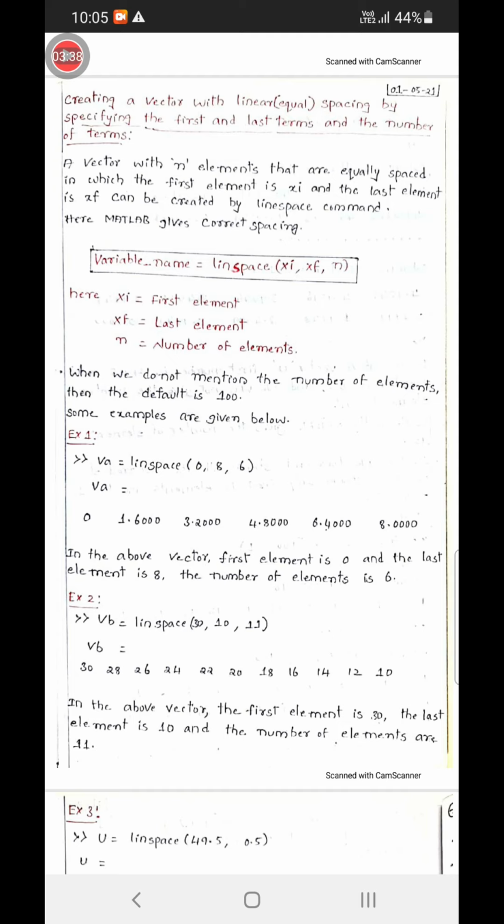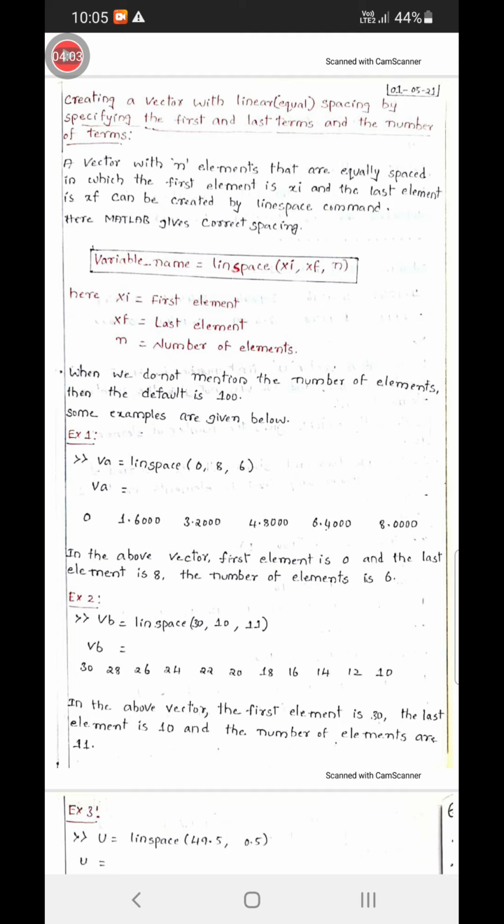See example 1. VA assignment linspace, and in the parentheses we have typed 0 comma 8 comma 6. So this is the linspace command representation. What are the values we have?